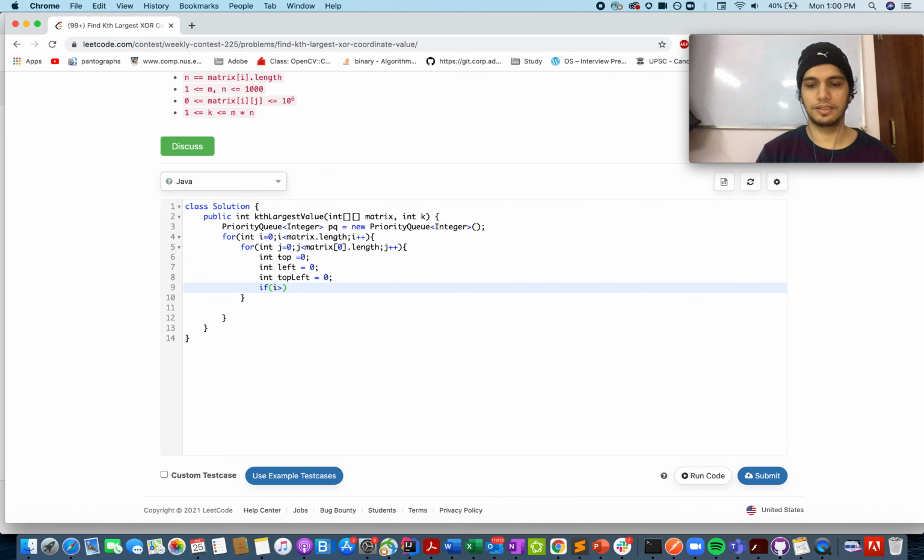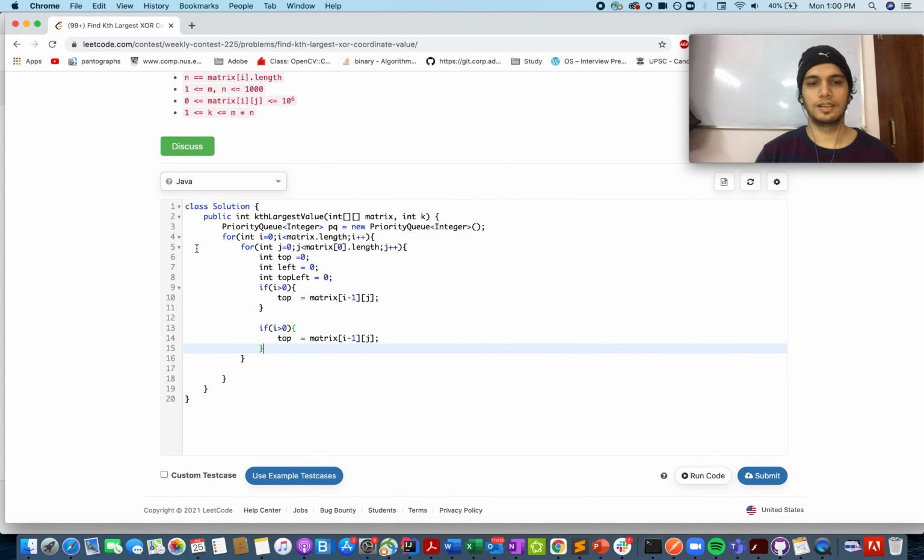Now let's assign values to them. If i is greater than 0, then top equals matrix of i minus 1, j. Similarly, if j is greater than 0, then left becomes the left element of the current index, not the leftmost. Sorry for that.